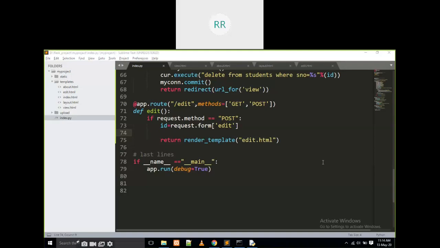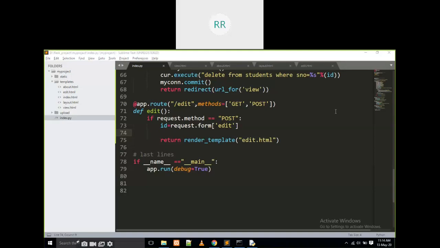What query do I have to write? Students, it is going to be a select query, nothing else.